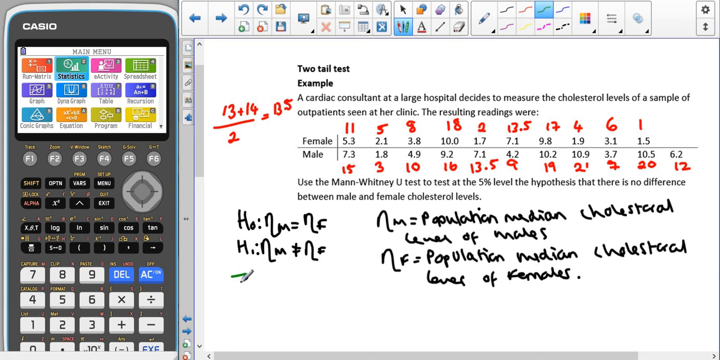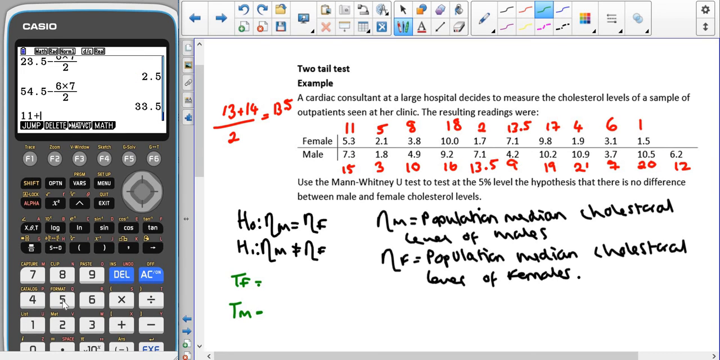So now we need to get the total for the females and the total for the males. So remember that we add up the rankings. So we're going to have 11 plus 5 plus 8 plus 18 plus 2 plus 13.5 plus 17 plus 4 plus 6 plus 1. And that gives us 85.5. Then we have 15 plus 3 plus 10